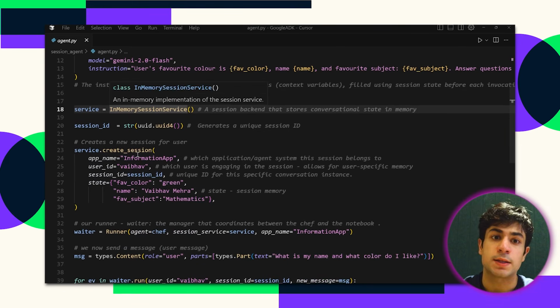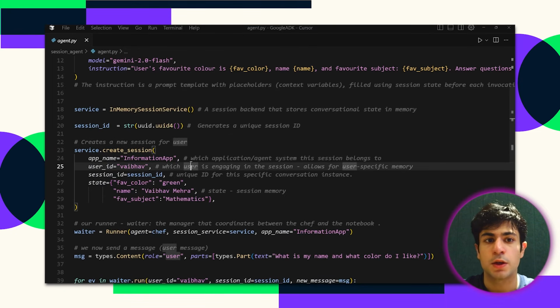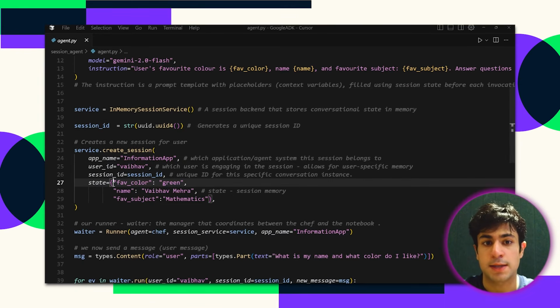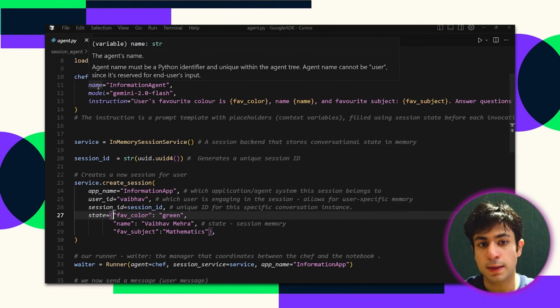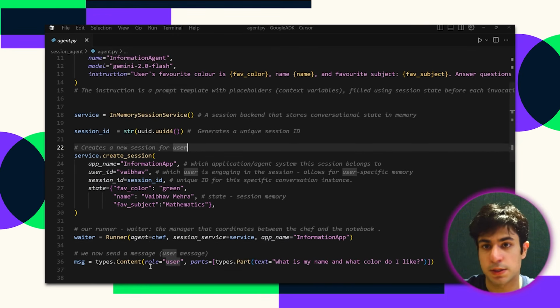Now we create the session. So we instantiated the service, but now we actually create the new session for this user. So the app name, we'll call it information app. We'll say the user ID is my name, Vaibhav, the session ID, which we got from this, and the state. And this state will be passed to the agent via our runner, and the agent will know, okay, this is the favorite color, this is the user's name, and this is the